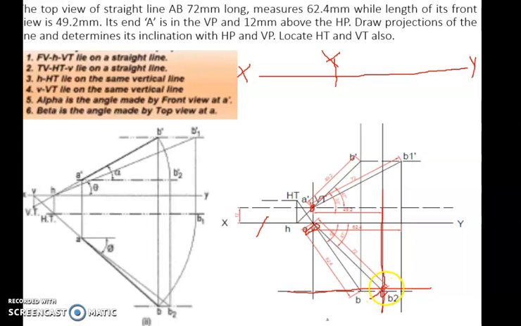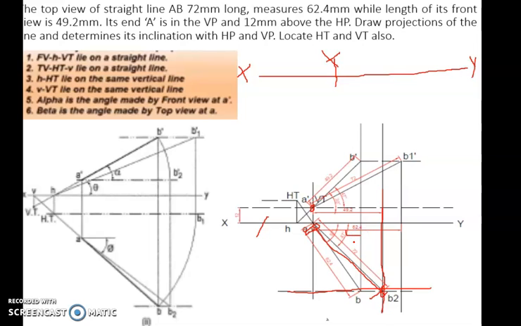You have this locus, so you just project the true length over here. So this is the true length, and this is the true length, then it will make the true angle. So now you have its plan here, the true length, and this true angle,